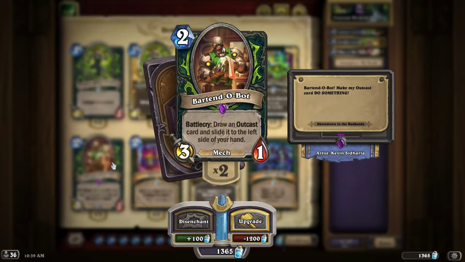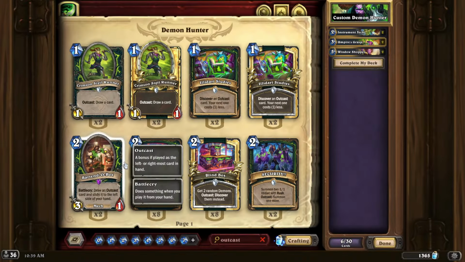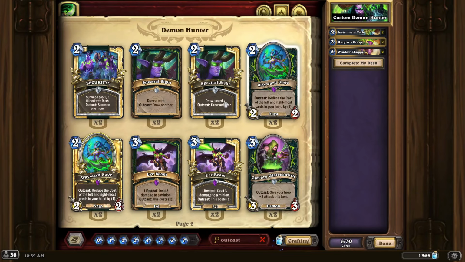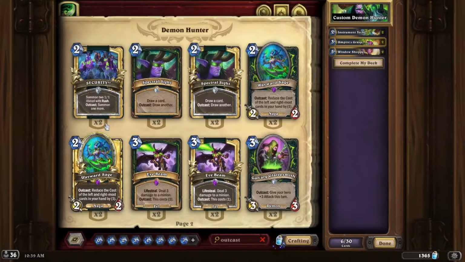So they run cards like Bartendo Bot to draw an Outcast and put it directly on the left side of your hand. And when you do that, that means you are always going to be able to activate your Outcast. And when I say Outcast, I mean Wayward Sage. So discounting the left and right card of your hand, also playable in Naga versions, as well as the Midnight